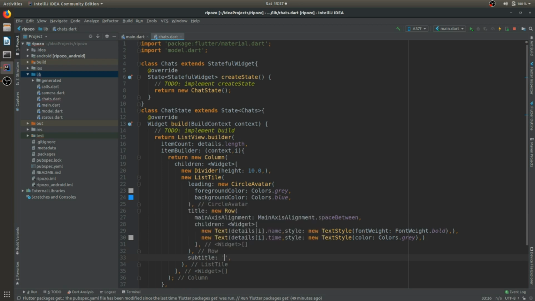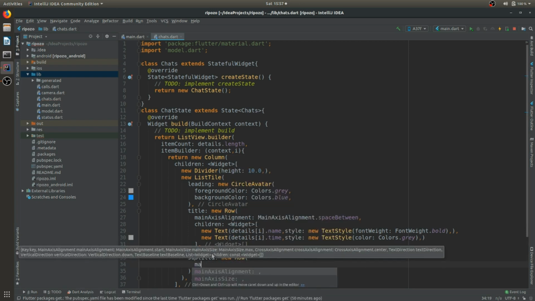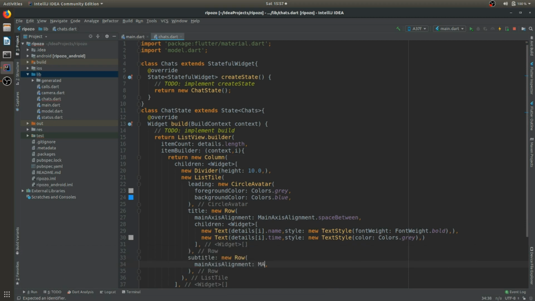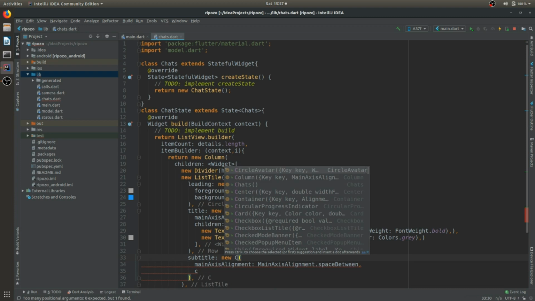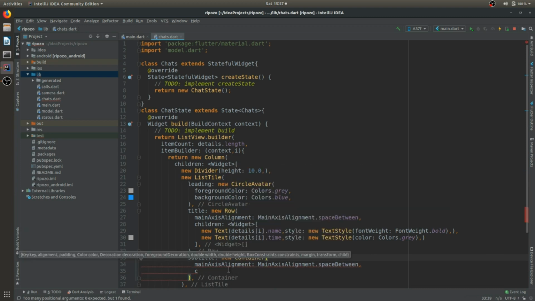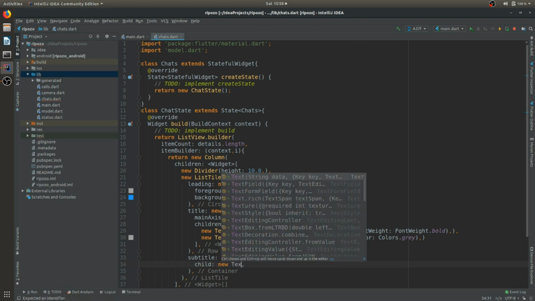Yeah, now we will have a subtitle, and the subtitle will again call a new row. Okay, this will have main axis alignment space between, and there will be a child. Okay, we have only one thing, so we can just convert this to a container. So let me remove this. This will be a child, and this child will definitely have a text,